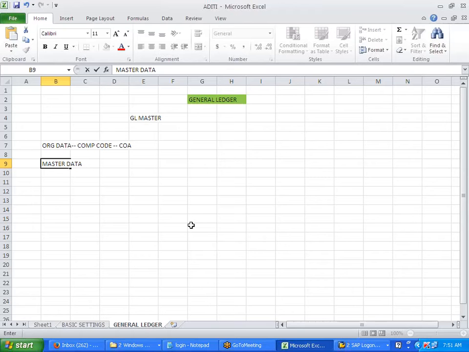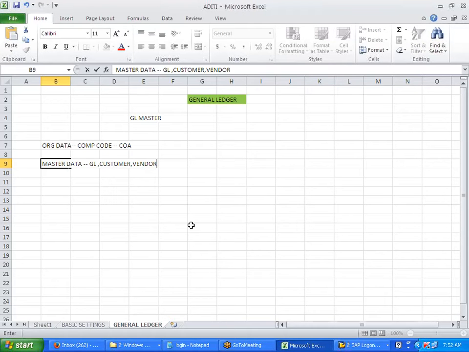This master data is core information related to the company which is shared across the application, like your GL master, your customer master, or your vendor.